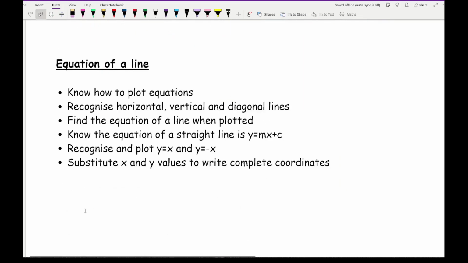We then move on to our last one, which is the equation of a line. Now with this you need to know how to plot an equation. So again, they'll most likely give you a table of values. You fill that in, get the coordinates, plot it, and draw a straight line. You also need to be able to recognize horizontal, vertical and diagonal lines. So horizontal lines have y equals a number with no other letter. Vertical lines have x equals a number, and diagonal lines will